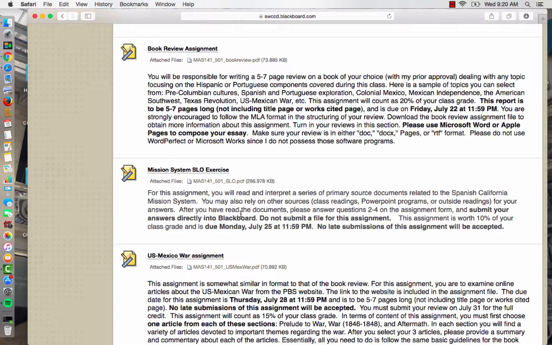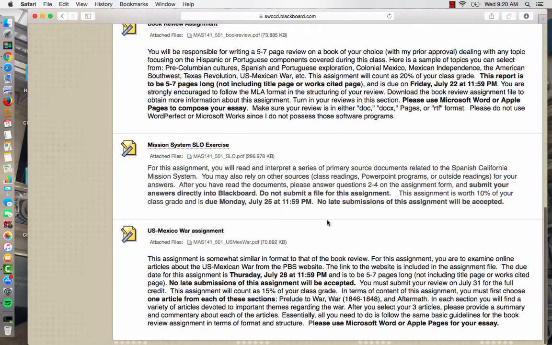And the last major assignment that's going to be due is due on Thursday, July 28th, the last date of the session. This is in which you're going to review articles from the U.S.-Mexico War website, from the PBS website that coincided with a program that PBS did about the war back in 1998. I'll have a nuts and bolts video for this too, but you can definitely look at the PDF file too to get a sense of how this assignment works. So before I leave this section here, let me quickly point out a couple important points.